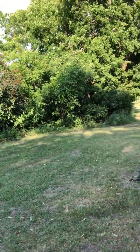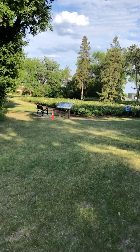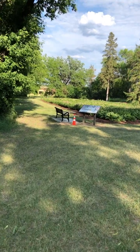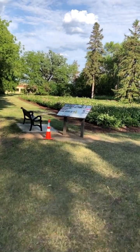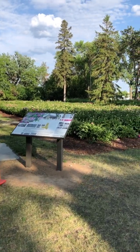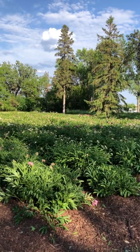I'm not going to bore you with too many signs. Let's just do one of the signs. I'm not going to take you over to the Cummins house sign. So they separated it. There's the Cummins family, and then over here we got the Phipps family. And one of the matriarch women of the family is the one who planted all of, well, obviously these peonies are a replica of the original, but this woman had, back then,